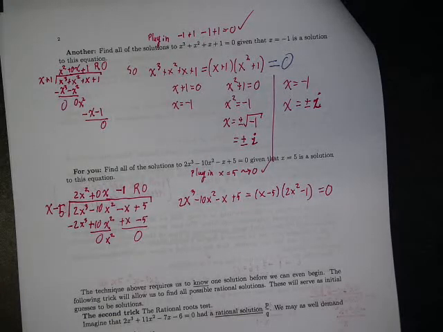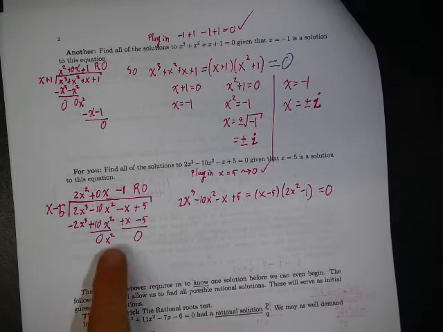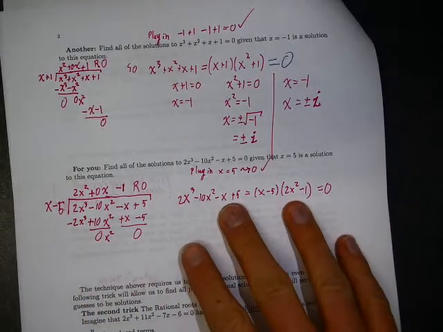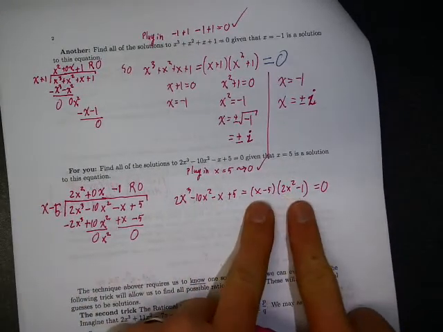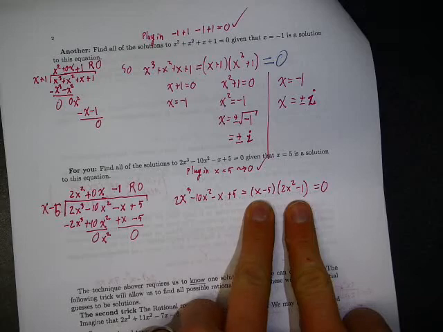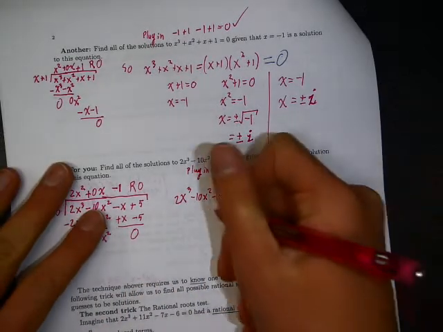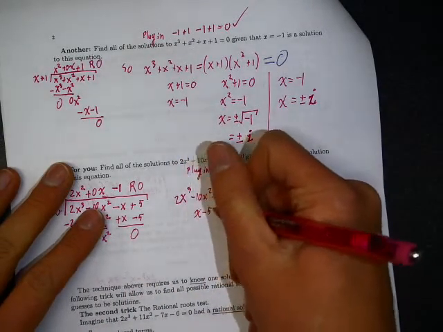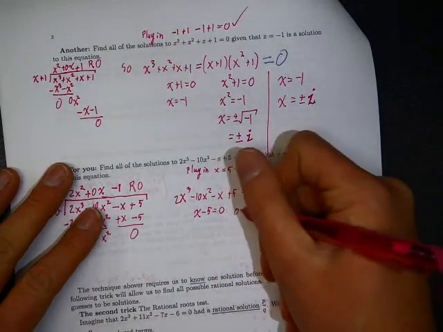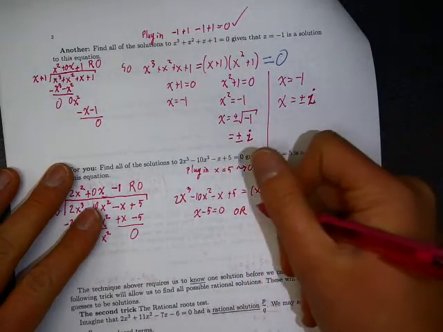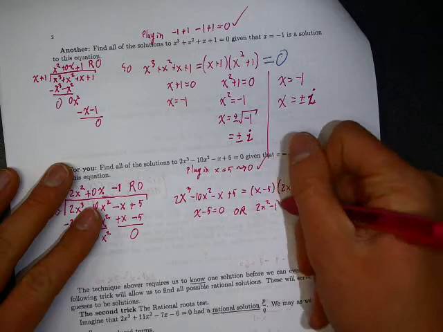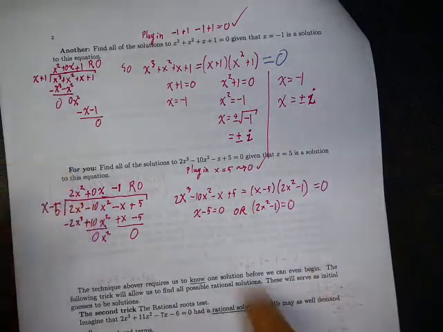You should interpret this as being something that has a lot of computational moving parts, which is easy to screw up, so practice is good. But once you can do this, you can simplify the problem, and now solving this equation is super easy. You split that into two equations, x minus 5 equals 0, or 2x squared minus 1 equals 0.